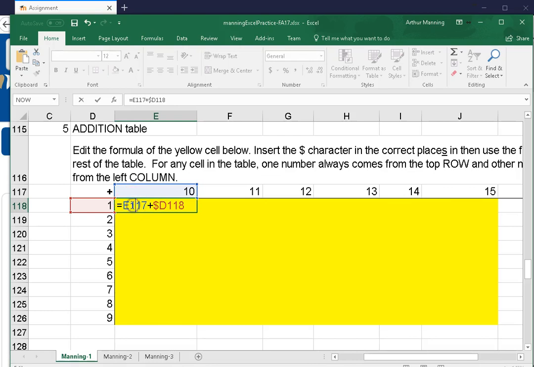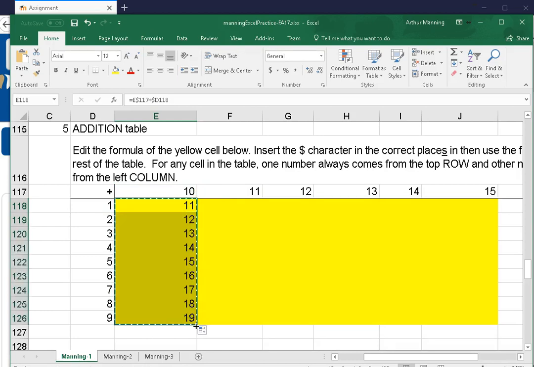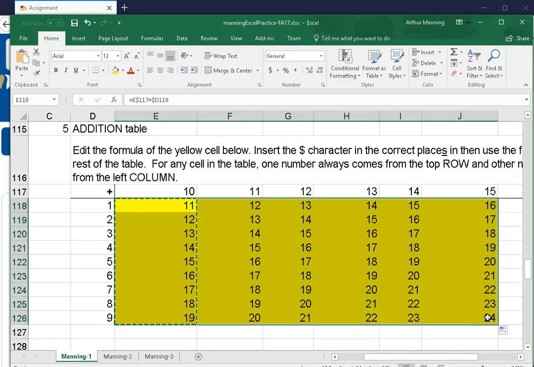The whole point was not that this is a super fancy formula, just to give you practice at understanding what the stickies are doing. That's the only reason for that. So now I can fill handle. And remember, the stickies are useless unless I plan to copy my formula. If it's a one-time formula, don't worry about stickies, the absolute reference. And that'll be it for your practice. I'll leave it for the rest